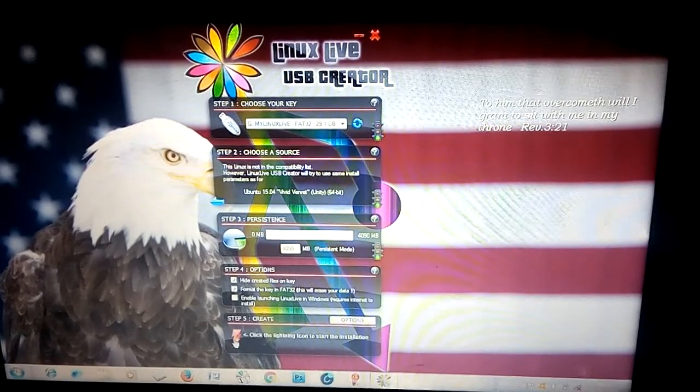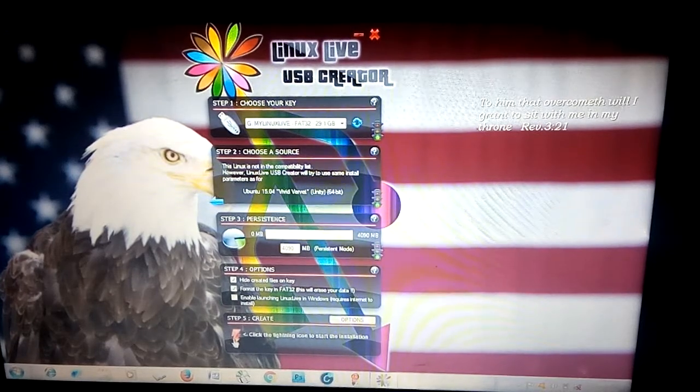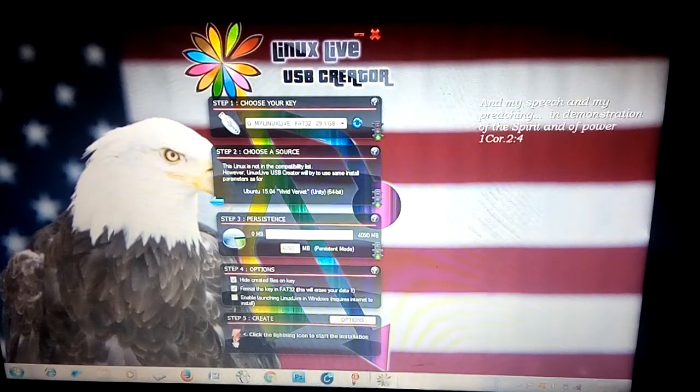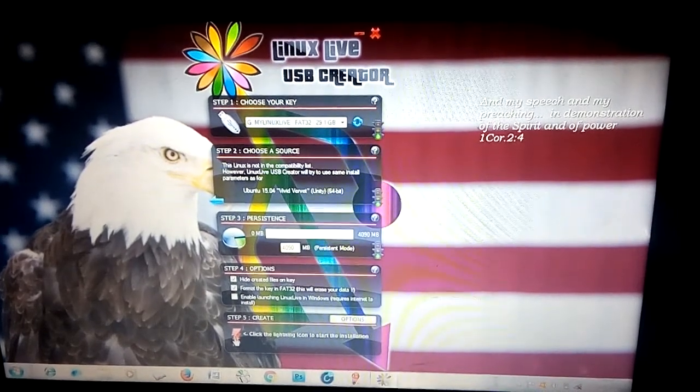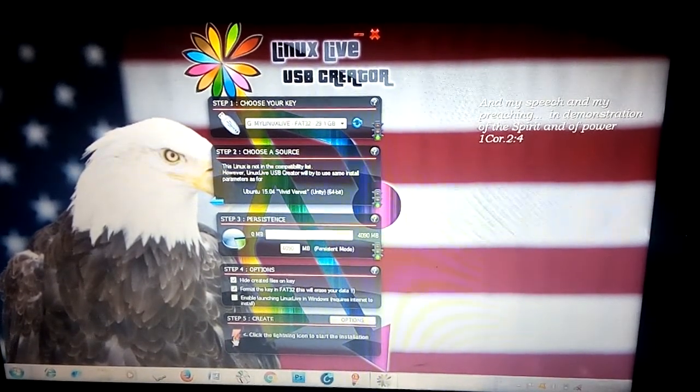So having done that, we are going to click on the lightning icon here to start the installation. As soon as we do that, your USB stick is ready. As soon as this is completed, I'll be joining you on how to use the USB stick to install Ubuntu